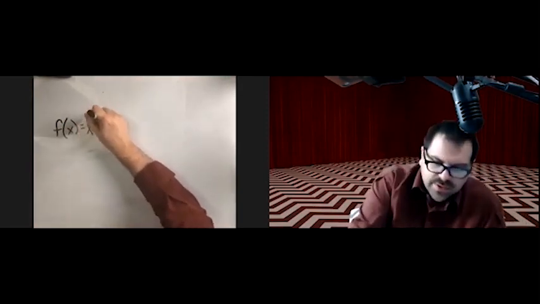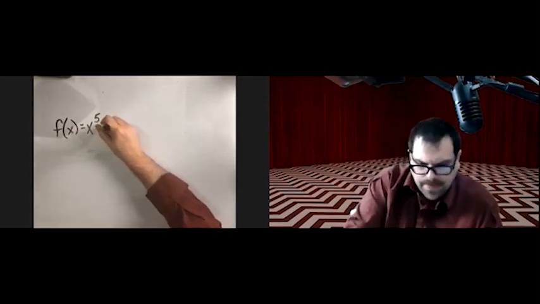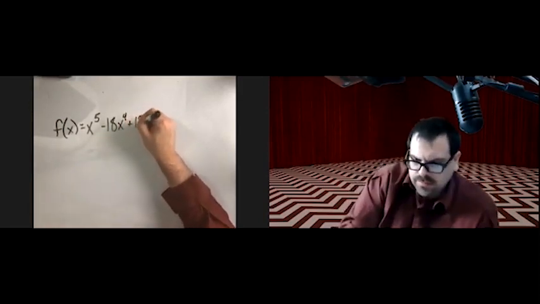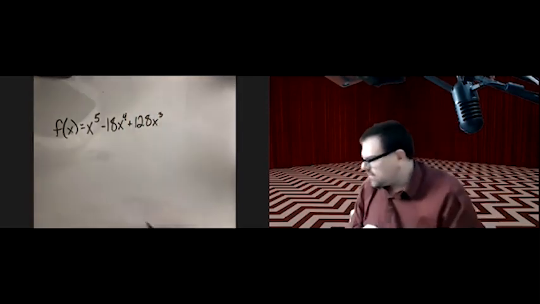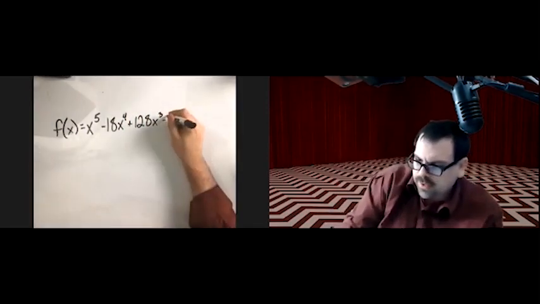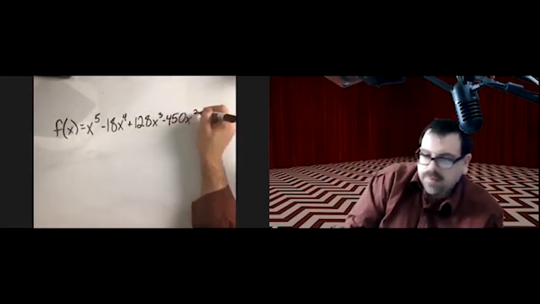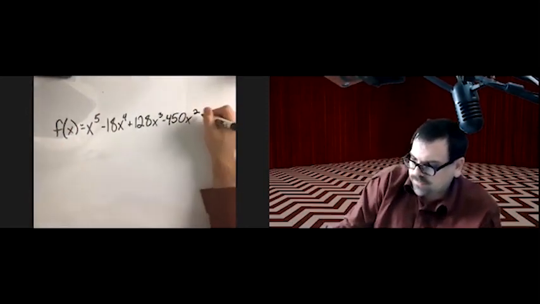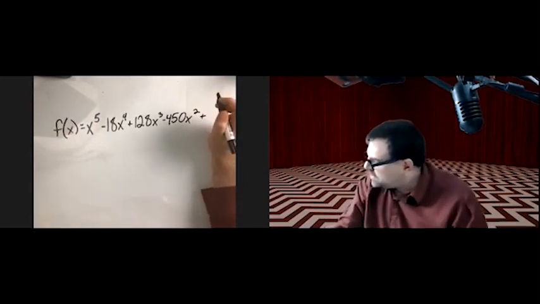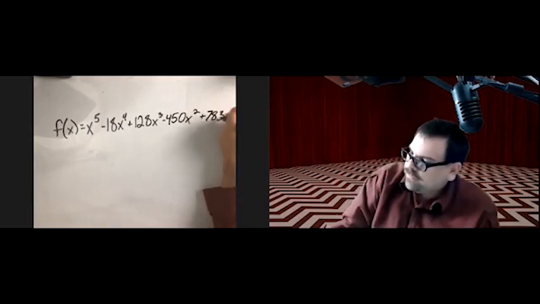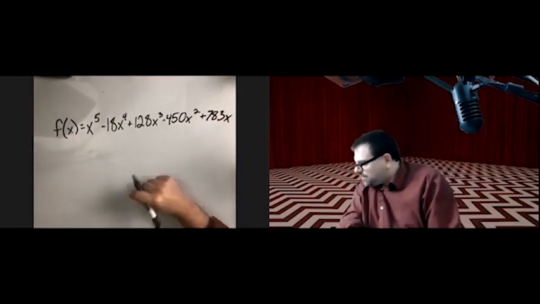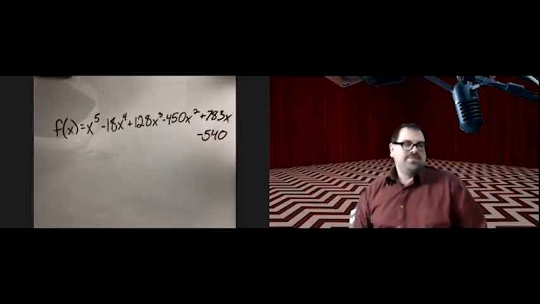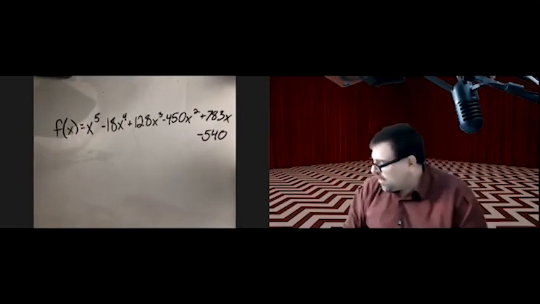f of x equals x to the 5th minus 18x to the 4th plus 128x cubed minus 450x squared plus 783x, ran out of room, minus 540. Wow. Now,